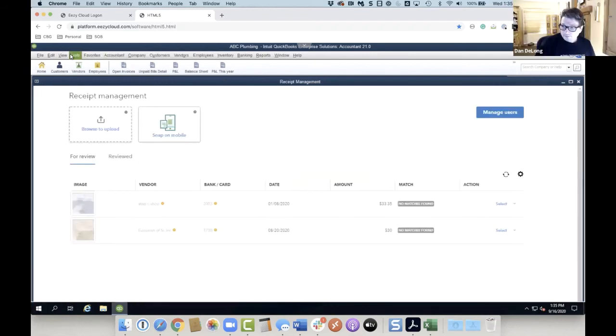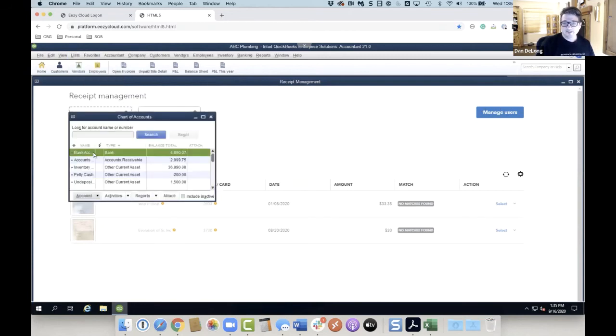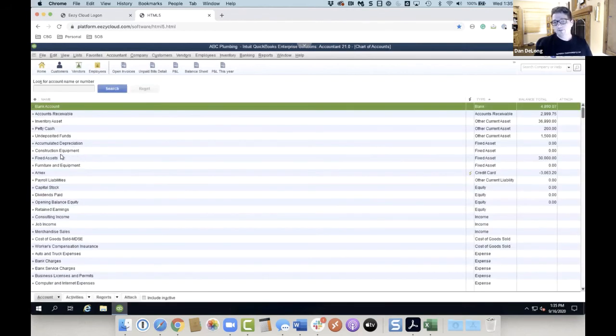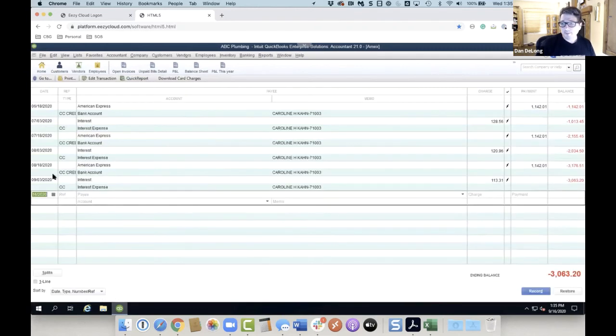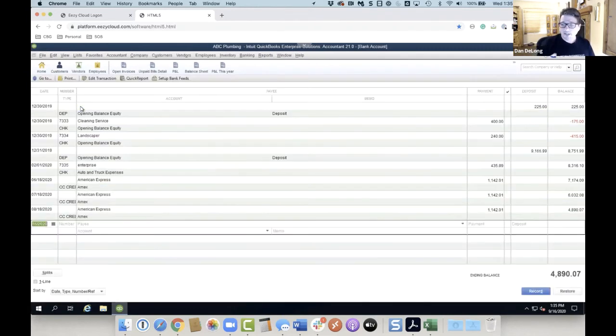And you can set up users to only have access to the service. So you can invite users to only have access to the receipt management. So people who are out there doing labor, work for construction, they can just snap a picture of the receipt. It automatically flows back into the receipt management section, and then whoever's working in the QuickBooks can then classify that